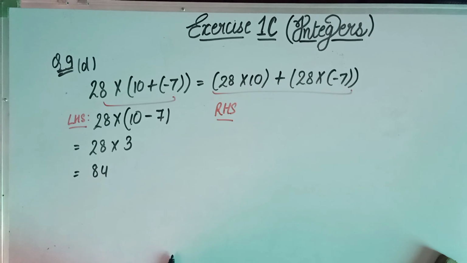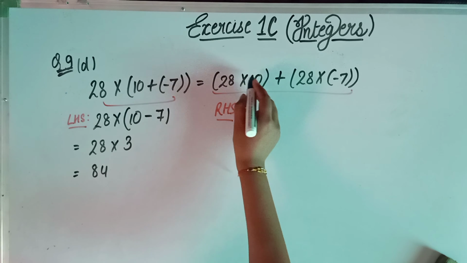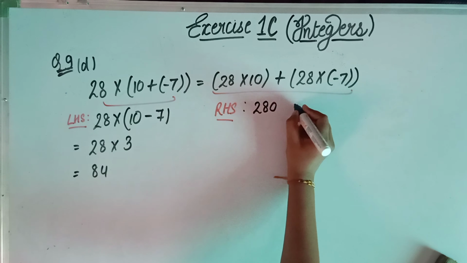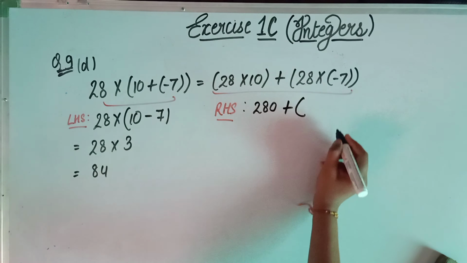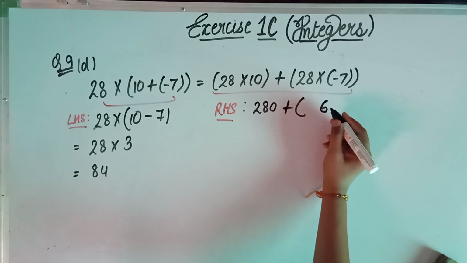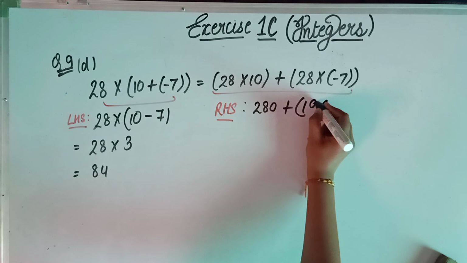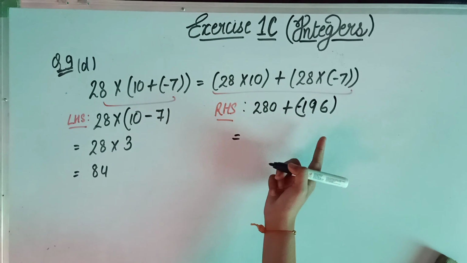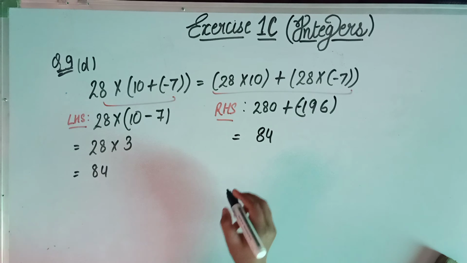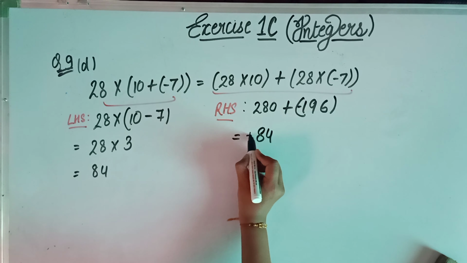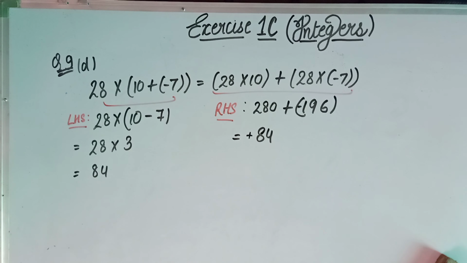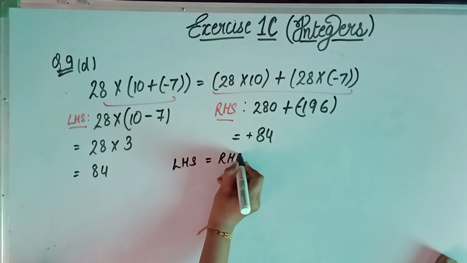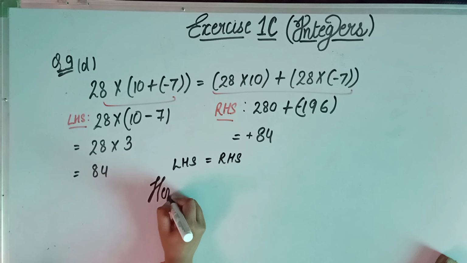That is this. So here we are going to move ahead. So firstly we are going to solve the bracket part. So 28 into 10 will give you 280. So plus, now 28 into 7. So it is going to be 196, and here we need to put the minus sign. So after doing minus with this number you will get 84, and which number is greater? This number is greater which consists of the plus sign. So here we need to put plus. So we have LHS is equals to RHS, hence verified.